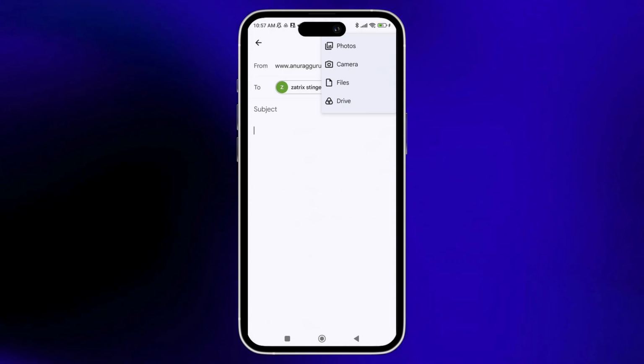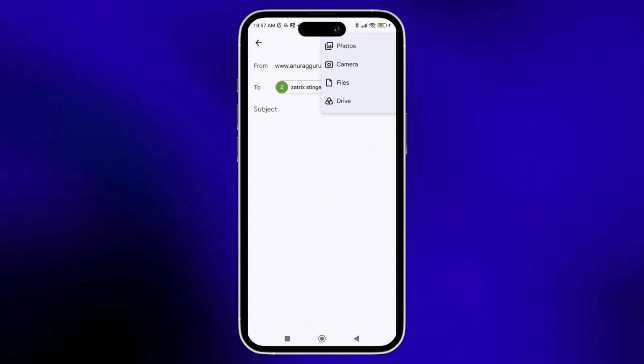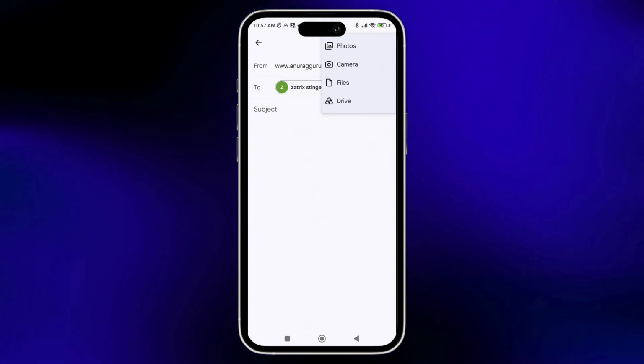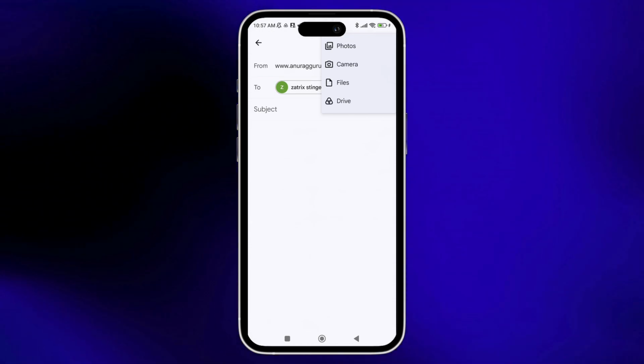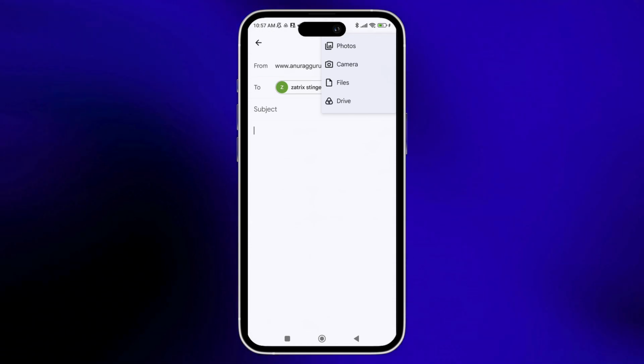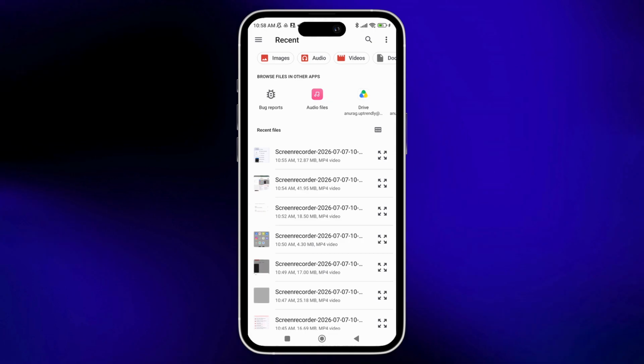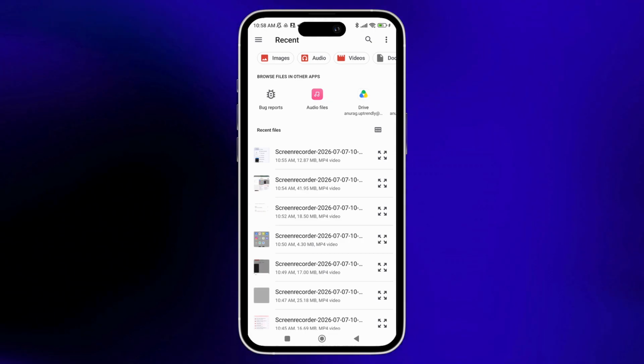And now here, once you tap on it, a drop down menu will appear. In that menu, what you can do is you can just tap on the files option. And now here it will take you to the file site where you can select the videos that you want